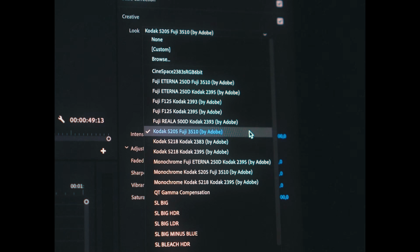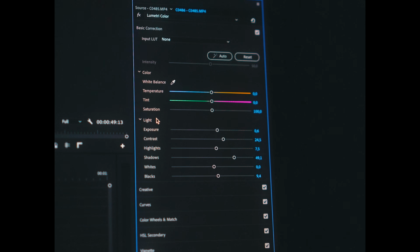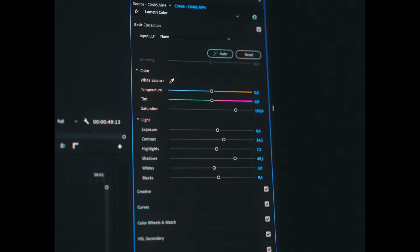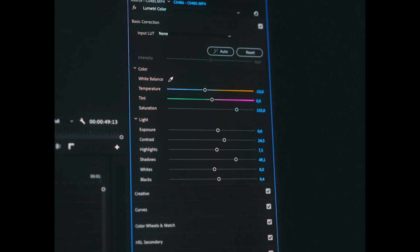Let's go into Premiere Pro and I'll show you my general color grading process. After dragging in the footage, the first thing I always do is put on this film emulation preset to kind of give me a starting point. After that, doing some basic adjustments, and there's no general rule I go by here. Most of the tweaks are fitted to the exact scene that I'm working with because all of them are different. One thing I always do though is bump up the saturation and go with a colder bluish color with a